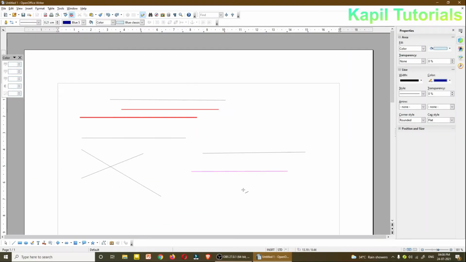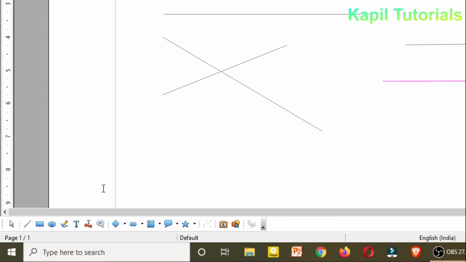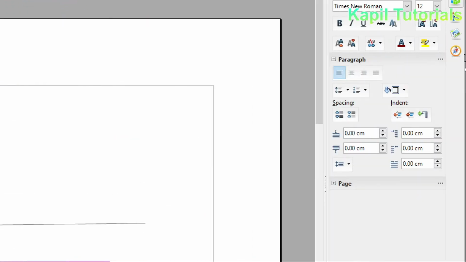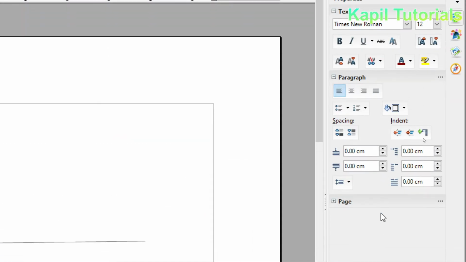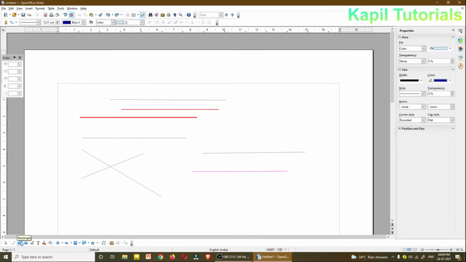To set a default color or default property of your shape, suppose line, when I select the line, I have to go to the properties before making the line, and then whatever I want to make. Wait, the line is not selected.